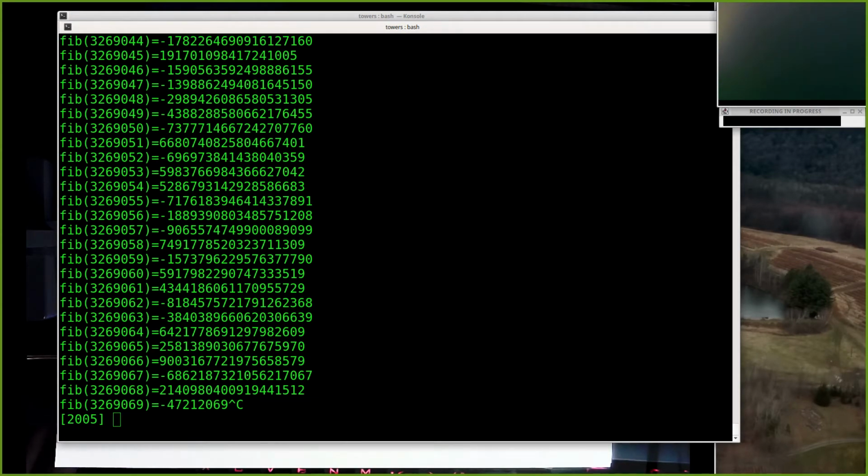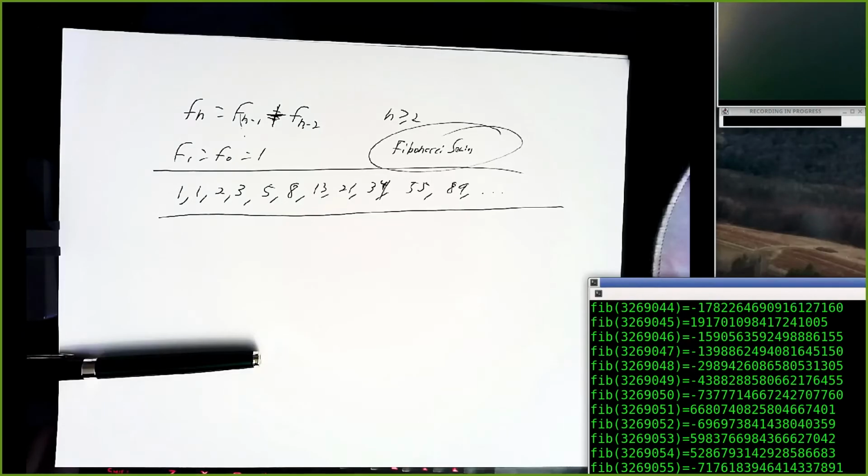But it turns out that if we use this original notion of what a Fibonacci number is, we could say, hey, I know about recursion now, let's write a recursive function for this. And so